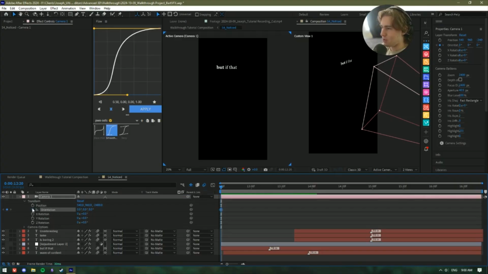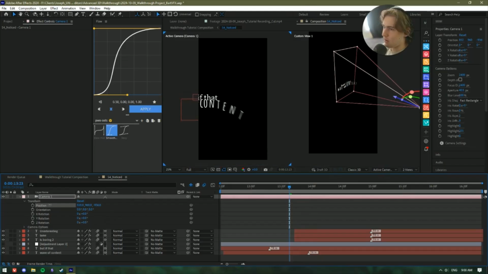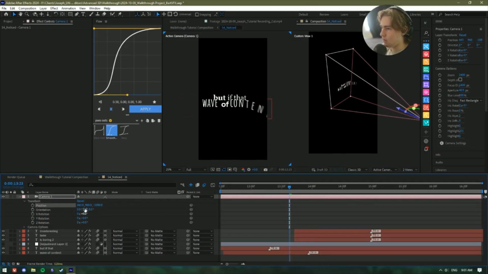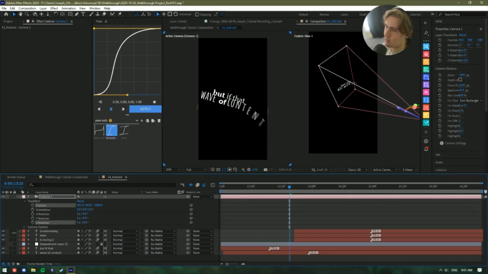So let's grab our position. Where do we want it to be for this? 10. Alright, so let's just grab that wave of content. Let's center that and make sure that looks all good. And rotation is a pretty big part of his style, having that not misaligned, but a little bit misaligned look to it. We want to kind of avoid